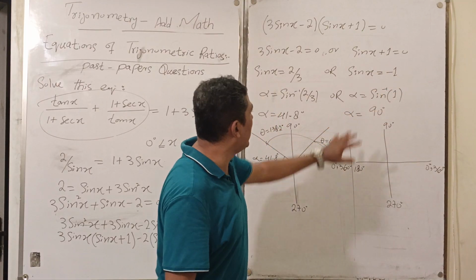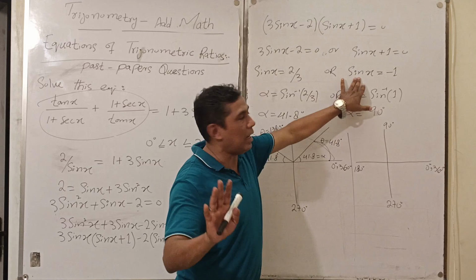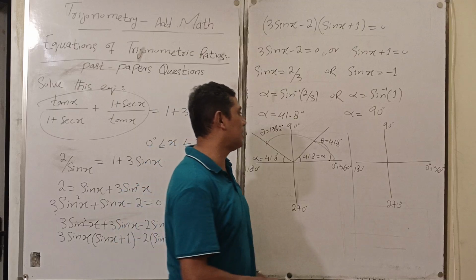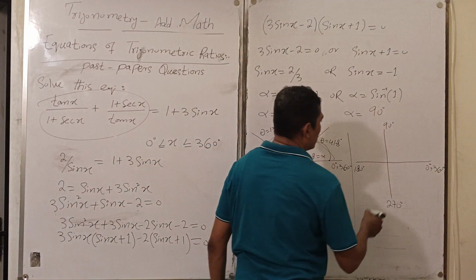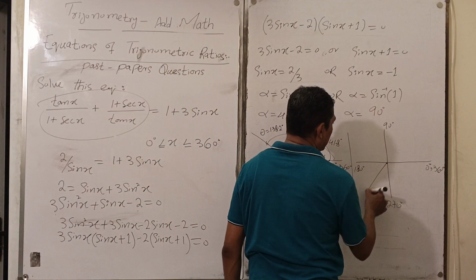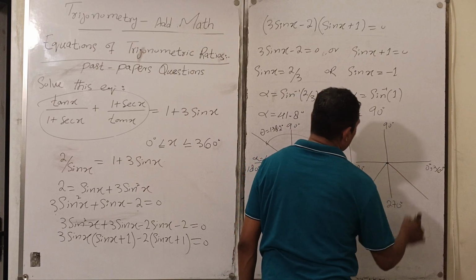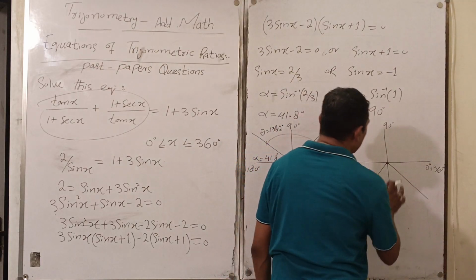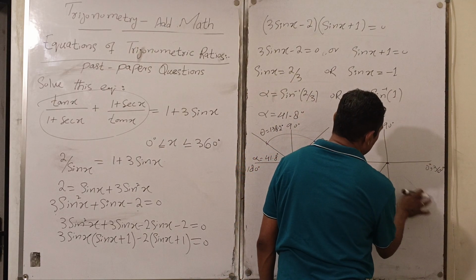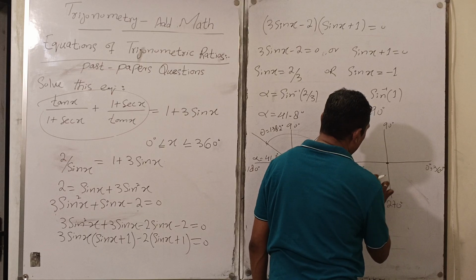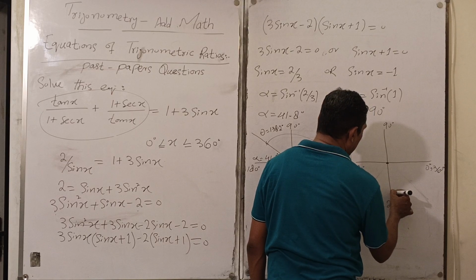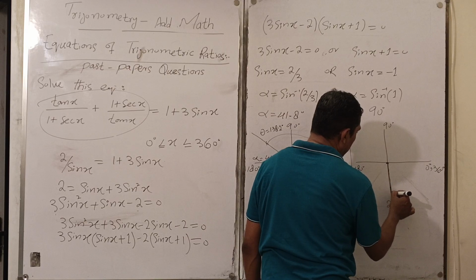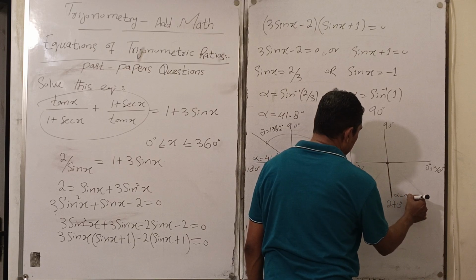So exactly which quadrant will it be? Third and fourth. You got my point. Third and fourth. So now this one is here. Clear? So now what about alpha? It is 90 degrees. So it means you will have 90 degrees. This is your alpha value.